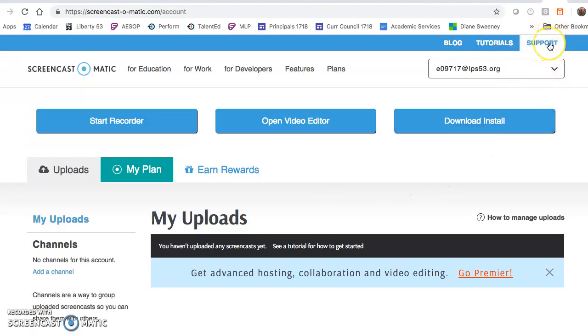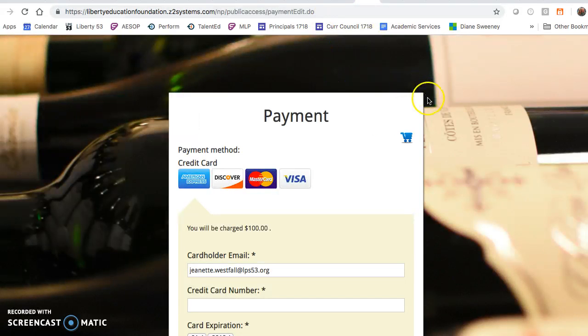I logged in using my Google address. Our district has a Google address, so I used my district one. I logged in using my Google login, and then I walked over here and clicked Start Recorder. When I did that, it took me to, I'm going to go back to where I was, it took me to this site, which looks the same, but it brought up this, oh sorry, that would be another